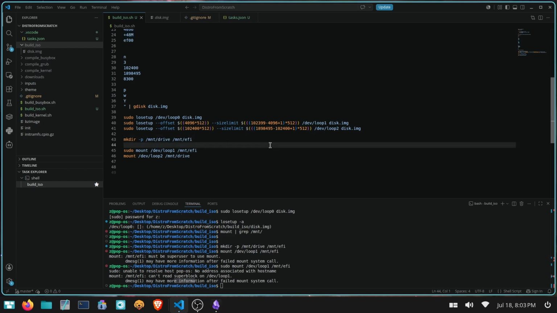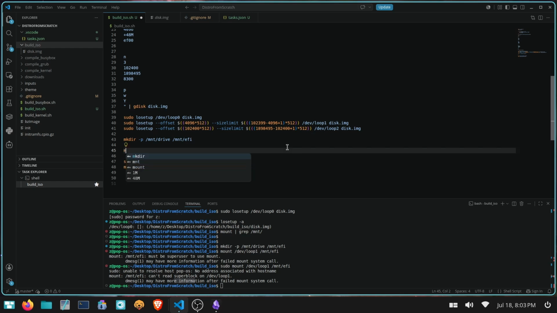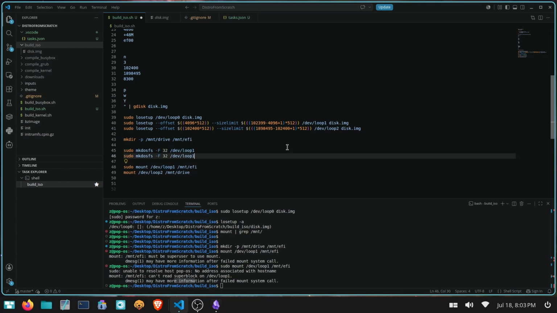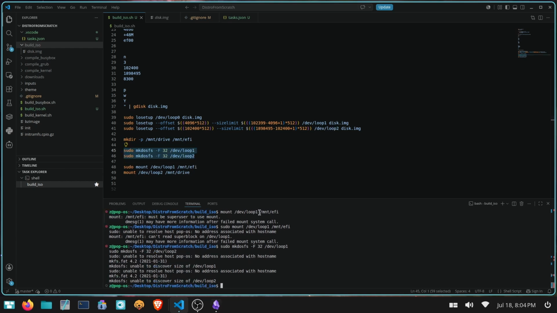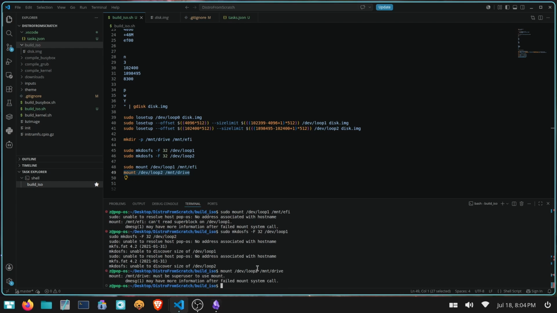Okay, so we're going to run mkdosfs -F32 /dev/loop1, and this will make a FAT32 file system, which is pretty much a Windows-like file system. So we'll run these. Unable to discover the size, so I don't know if that's an issue. However, if we mount and it works,